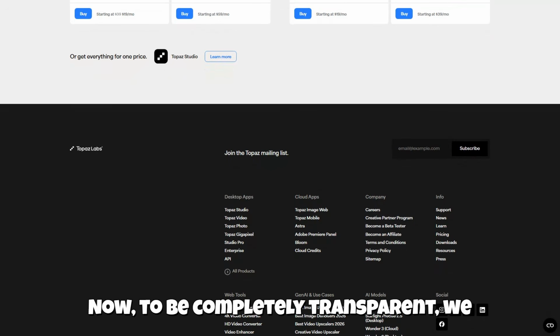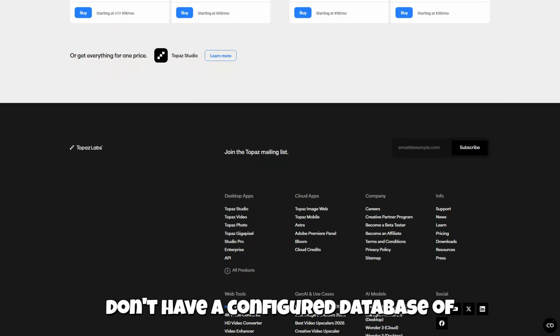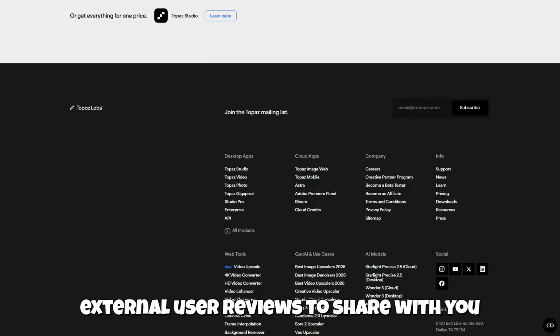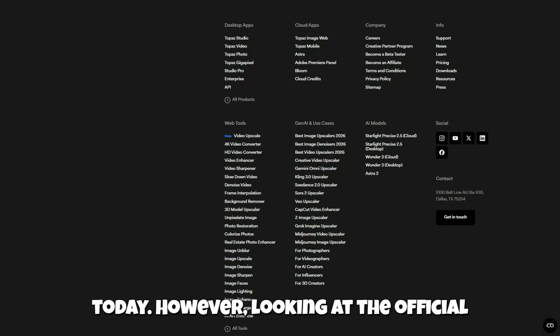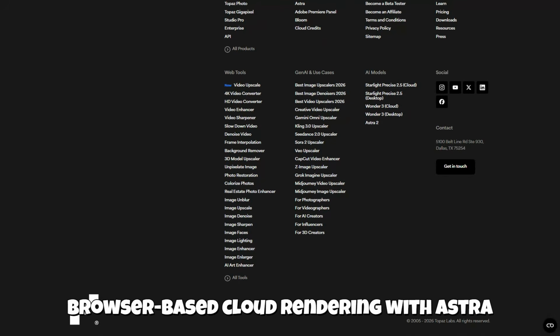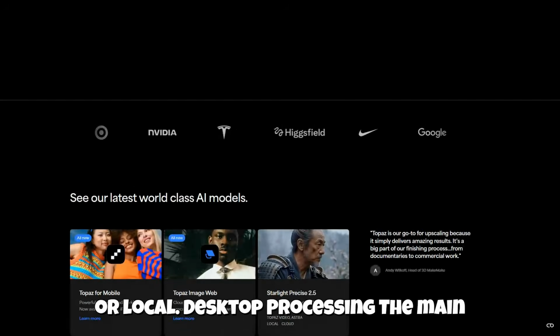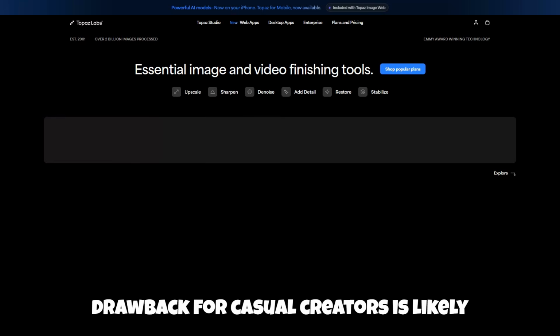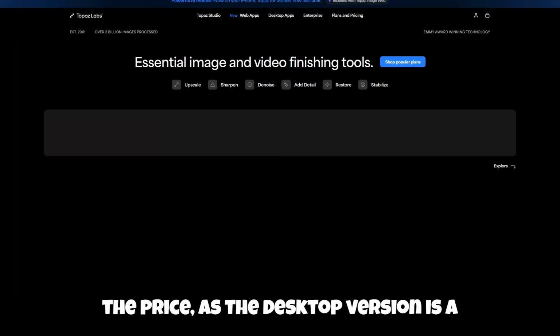Now, to be completely transparent, we don't have a configured database of external user reviews to share with you today. However, looking at the official setup, a clear benefit is the flexibility. You can choose between browser-based cloud rendering with Astra or local desktop processing. The main drawback for casual creators is likely the price, as the desktop version is a premium investment starting at